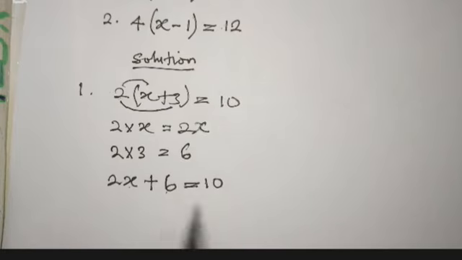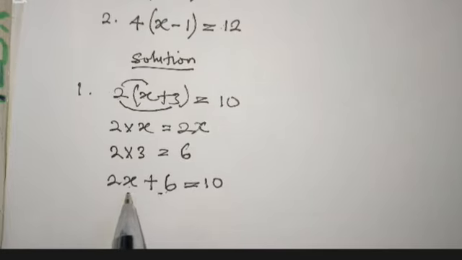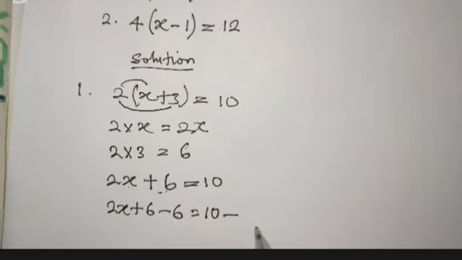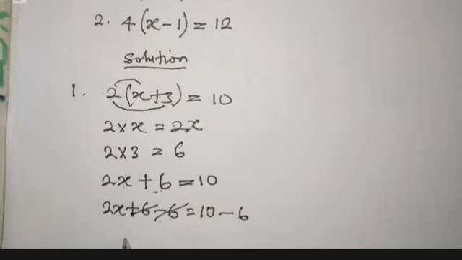Then the next thing for us to do is to subtract 6 from both sides of the equation. So we're going to have 2x + 6 - 6 = 10 - 6. So the 6 minus 6 will cancel out, and we now have 2x = 10 - 6